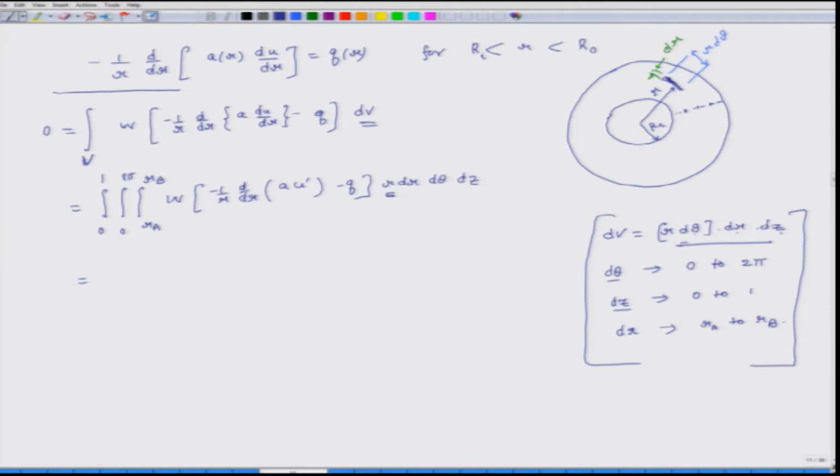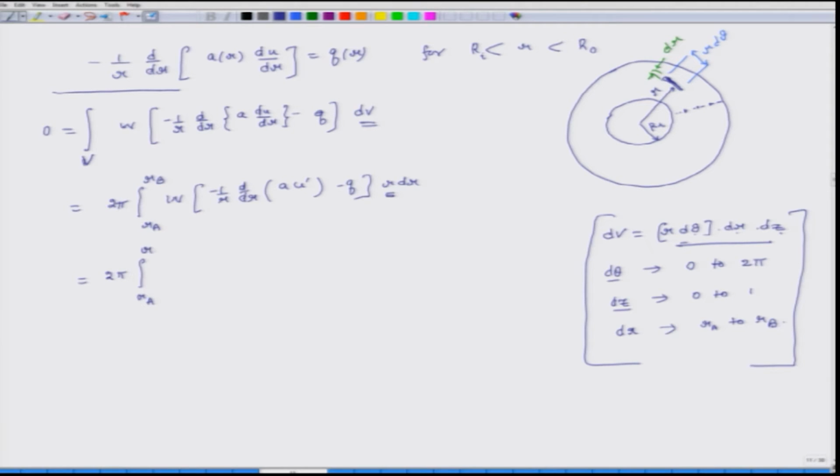So, once I integrate on z, all the parameters in the parenthesis are independent of z and theta. So, this dz just goes away. If it was 0 to L, then it would have been replaced by L. Okay. Same thing with theta. So, this goes away and I get a 2 pi here. So, this is equal to 2 pi